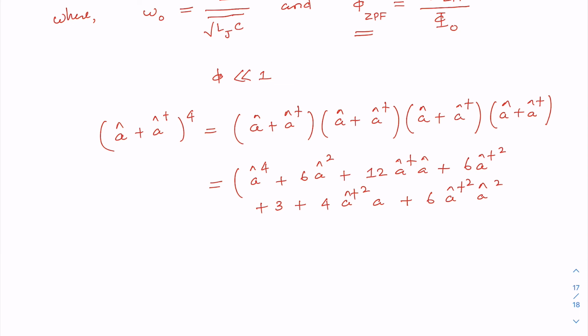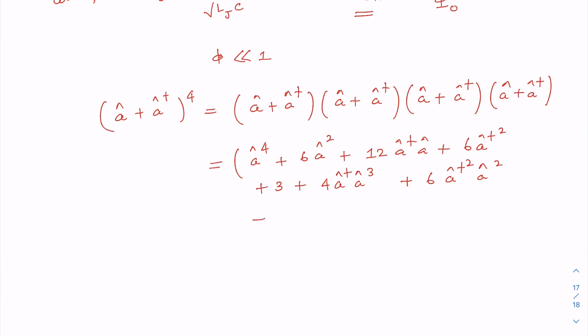You have to be careful. Okay, let me correct it. This would be 4 into a dagger a cube. Please verify it yourself, and you will get 4 a dagger cube a and a dagger to the power 4. So all these terms you will get,